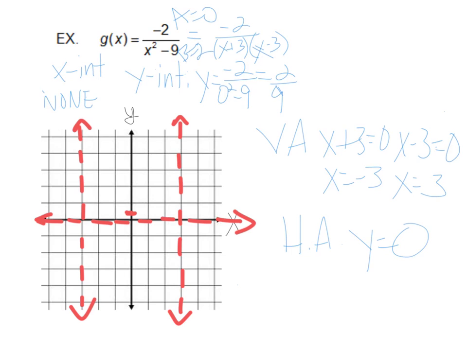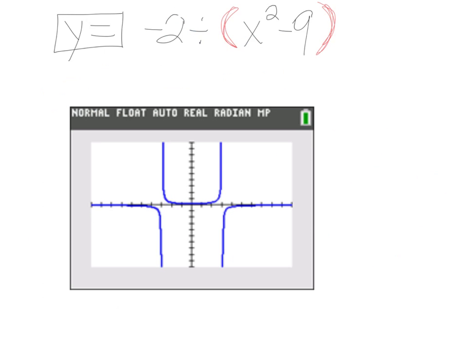Now to the graphing calculator. We have a curve in the middle, and then one down at the bottom right and at the bottom left. And there's our final graph. Into the y equals, we put negative 2 divided by parentheses x squared minus 9. And you can see the graph. This one has 3 curves, and make sure you make it pass through that y-intercept. So going back to our hand